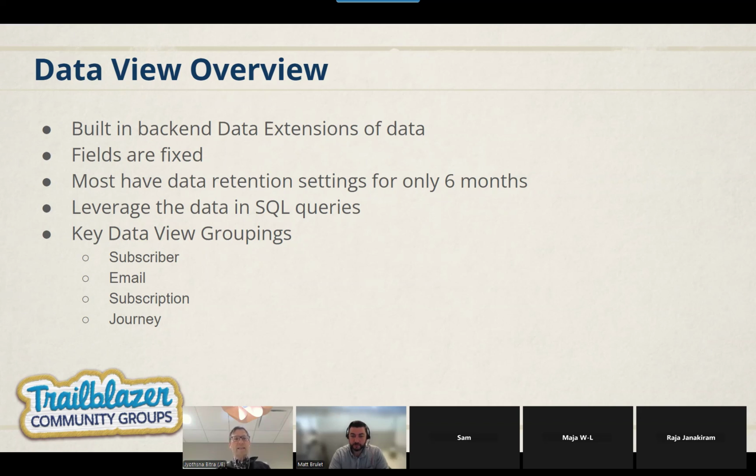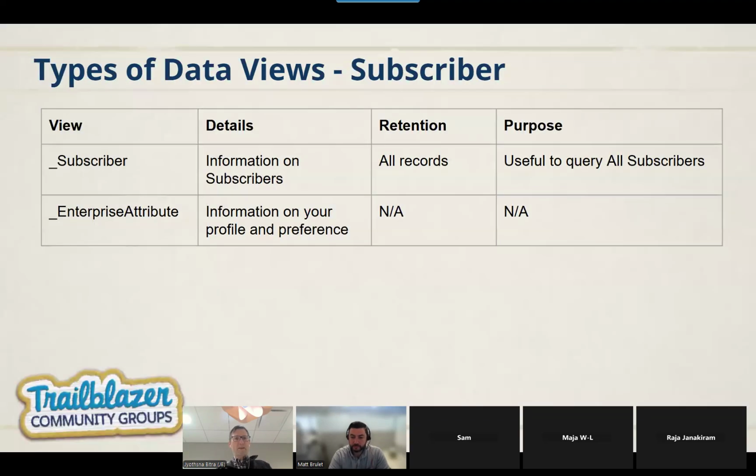And there are some key data view groupings. We're going to go into detail: there's subscriber, email, subscription, and journey data views. So let's talk about the first data view, subscriber. The good thing about the subscriber data view is that it is the full picture of your data views in